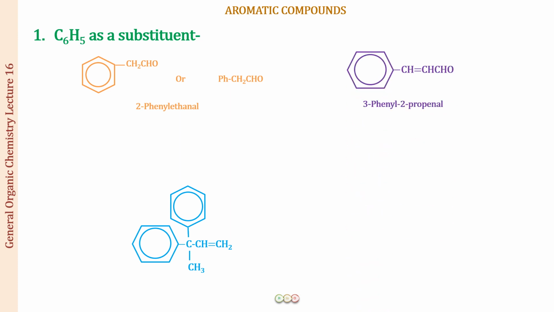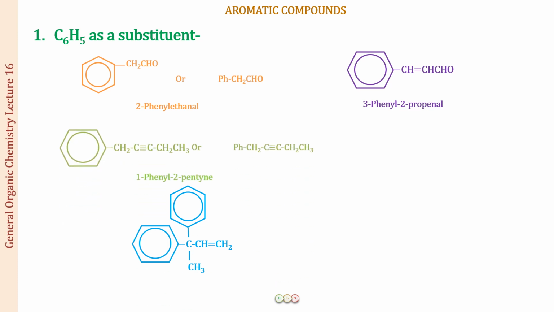The next, let us see one more example. In this example, you can say again the side chain has a double bond and a CHO group. So a functional group is present again in the side chain. So this is going to be the parent chain. So this is carbon number 1, carbon number 2 and carbon number 3 with a double bond at position number 2. So this becomes 2-propanol. Alright, and because at position number 3 we have the phenyl ring, the whole compound name becomes 3-phenyl 2-propanol.